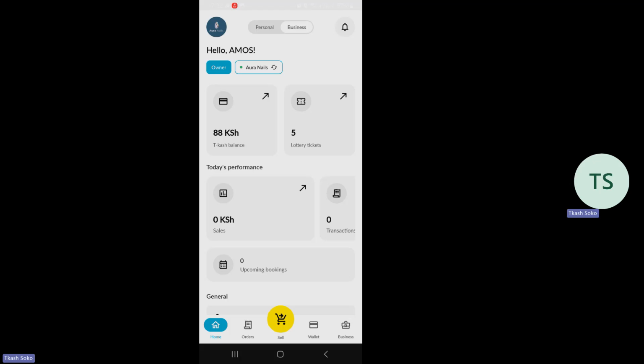Why is it important kufix shop ikae duka yenye uko nayo digital ndio uko nayo pale in your station? The reason as to why this is important ni once you fix this shop, the customers you're going to get online will, number one, find the correct items and find the correct prices of the items that you offer in your shop.